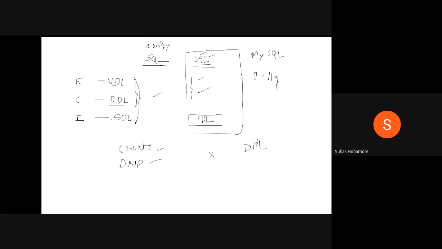Along with the DDL, the second layer we had, there are basically three layers, and in that the second layer was DDL. Along with DDL they added DML in SQL. So by default DDL and DML both are there. DML is nothing but, your table is already there, and they will modify it.